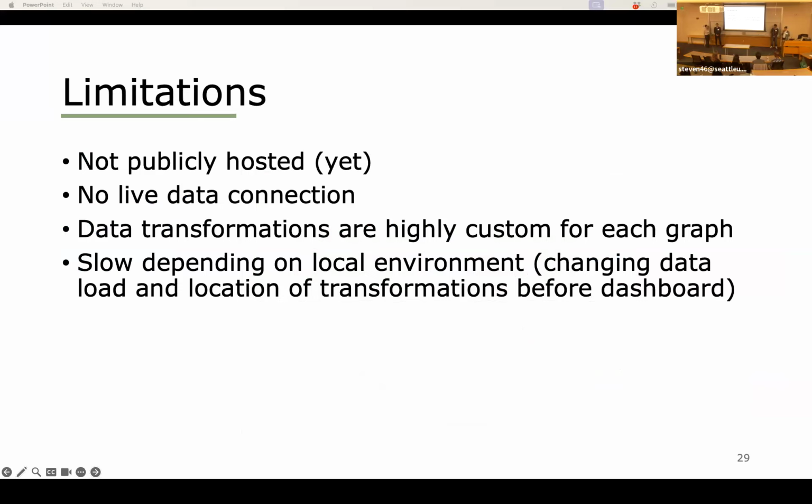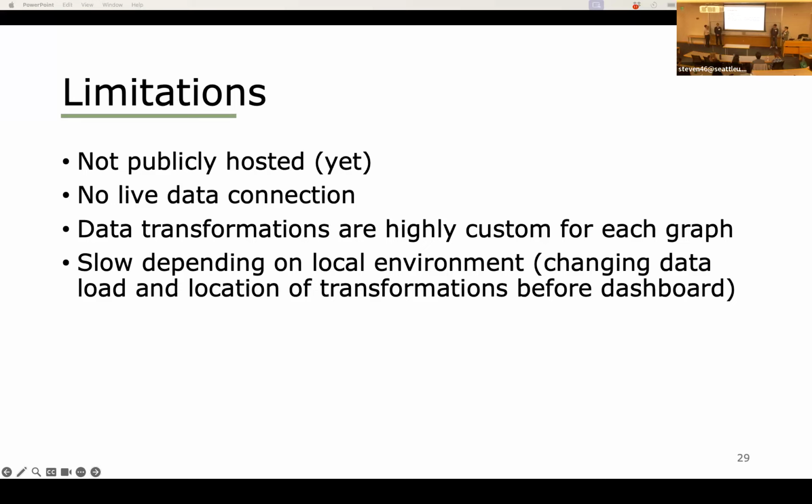So as new observations are measured in the field, we will have to manually update the dashboard, because the data is not currently in any sort of database or anything like that that we have access to. We had to do a lot of custom data transformations for the dashboard because of the different visualization packages we used. So we have a script that we can use to transform the data and then feed it into the dashboard, but we're working on refining it so it's really easy to hand off